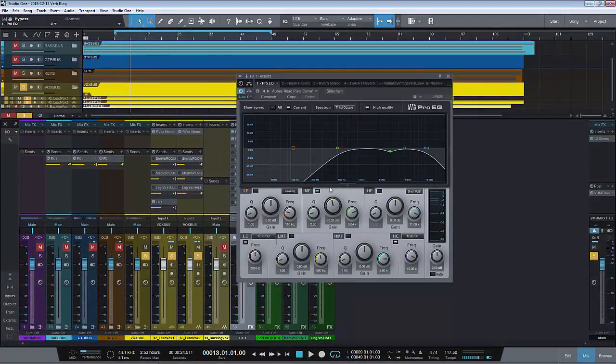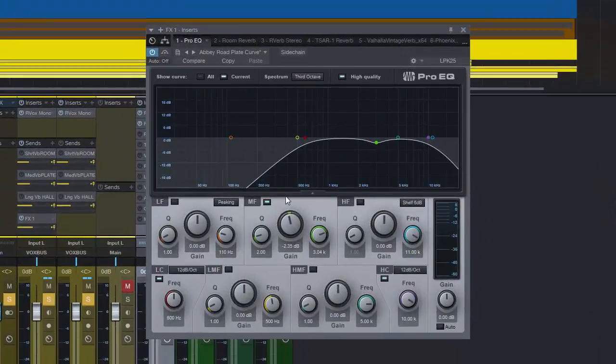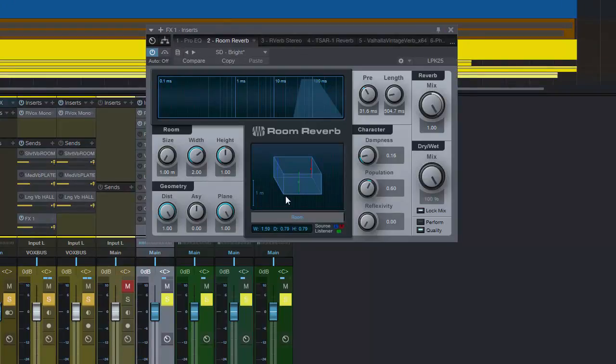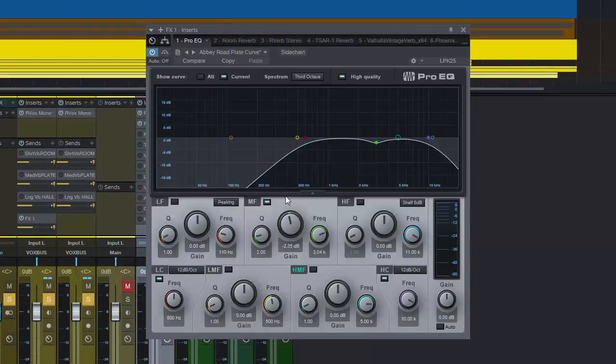And I've sent it through this EQ before it goes into our room reverb. This is the Bobby Owsinski mimicking the Abbey Road plate, and it's a low pass filter set at about 11k, 10k, a high pass filter set around 600 Hz, and we've taken a little dip out of the middle by about 2 or 3 dB, just to allow room for the vocal to shine through. So if I take that off and you hear it just go into a room reverb,